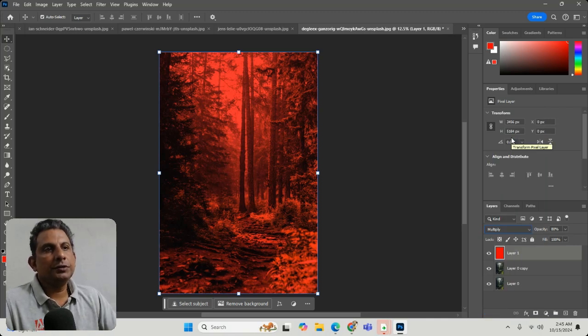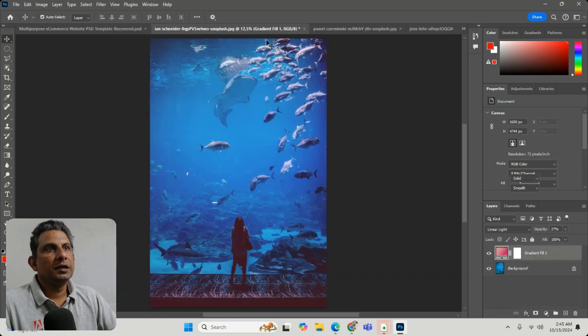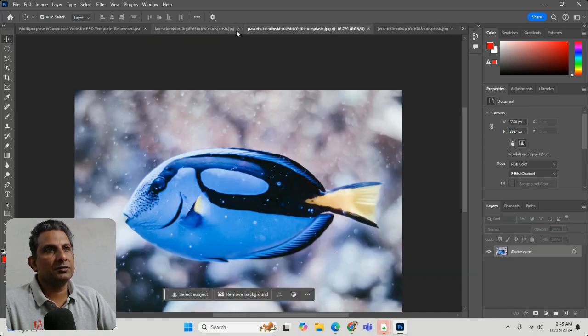What you need to do is go through these options: do it with images, do it with gradients, do it with color, do it with drag and drop of the same images. I showcased mixing with different images here. Whenever you have two images, you can also do the same thing, and you will get multiple effects. So utilize these blending options. You can create